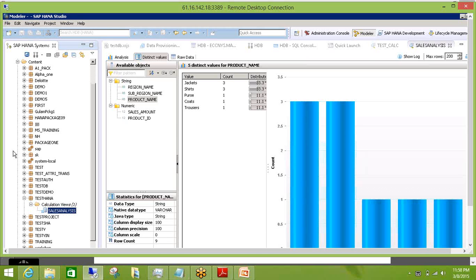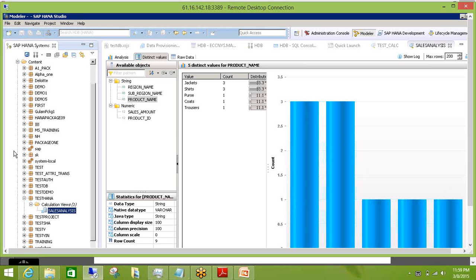What did we say? CTS Plus? Yeah, CTS Plus. Just to tell you about CTS Plus: normal CTS is your change transport system. When you are moving your SAP objects from dev to QA to production, you are using the CTS. CTS Plus is suitable for ABAP as well as Java stack, so that's why they have given the name CTS Plus. It is the latest version in terms of change transport system.